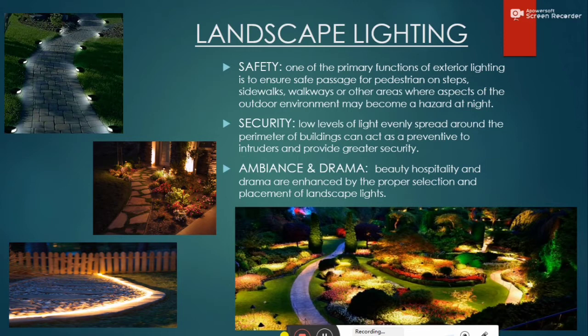Landscape lighting. Safety. One of the primary functions of exterior lighting is to ensure safe passage for pedestrians on steps, sidewalks, walkways or other areas where aspects of the outdoor environment may become a hazard at night. Security. Low levels of light evenly spread around the perimeter of buildings can act as a preventive of intruders and provide greater security. Ambience and drama. Beauty, hospitality and drama are enhanced by the proper selection and placement of